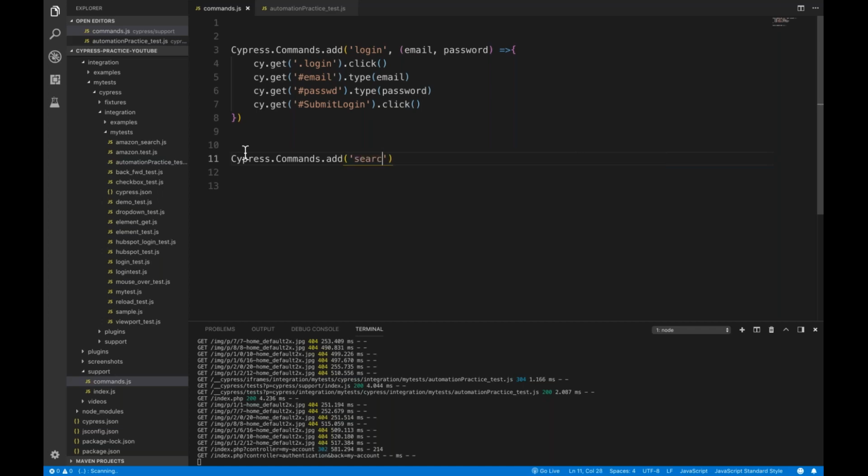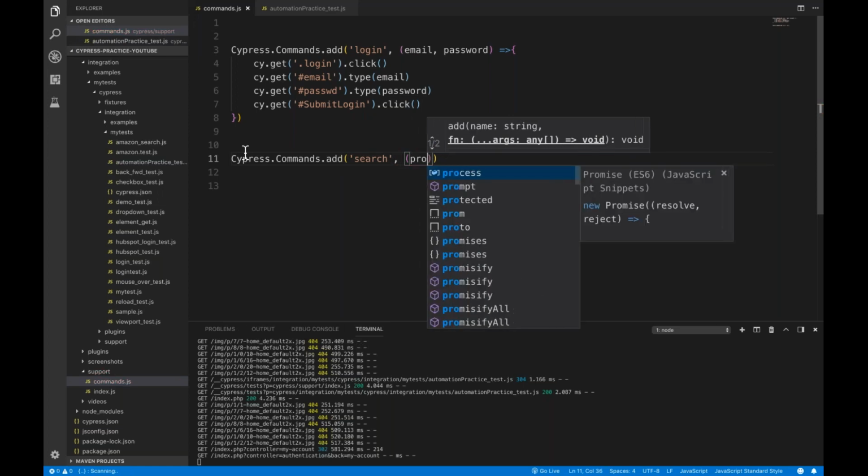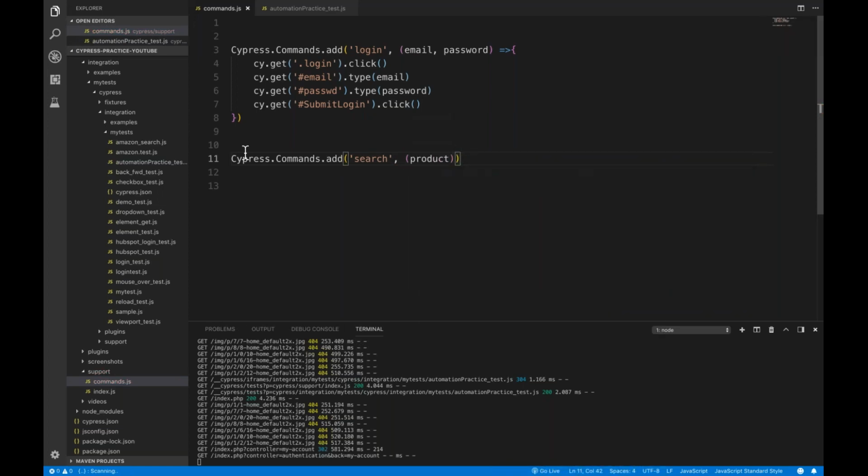Let's see, this is my search function, right? Search product function or whatever. And this time I'll be using only one product. So I simply say, hey, you give me the product name. I'm giving the product name because I want to make it a generic product, right? You give me the product name, and then what I have to do after that, I have to enter the